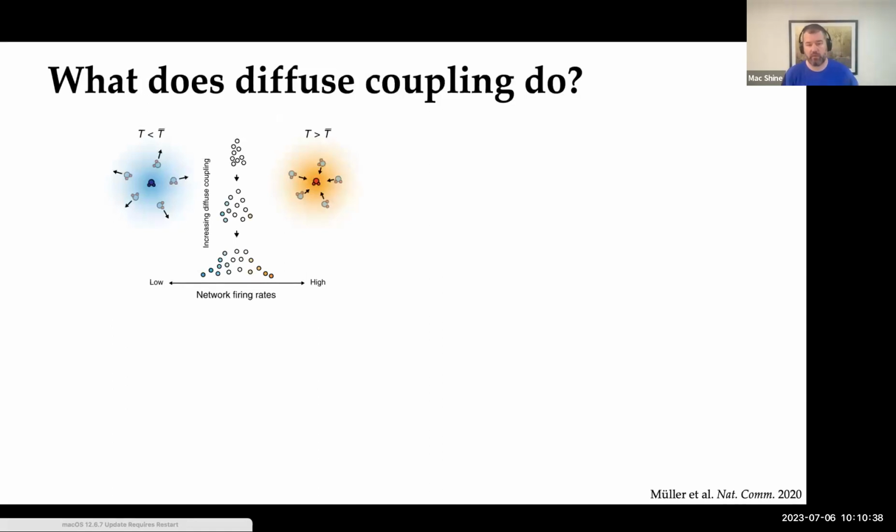And the intuition that we were working on when I was talking about these diffuse systems to Eli when we first started working together, Eli had the intuition that this diffuse coupling was working a little bit like the way that temperature works on a glass of water. So as you increase the temperature in water, let's say I'm heating up a flask of water with a Bunsen burner, I'm increasing the kinetic energy of the system. But what that ends up having the effect of doing is also increasing the diversity of the different individual states